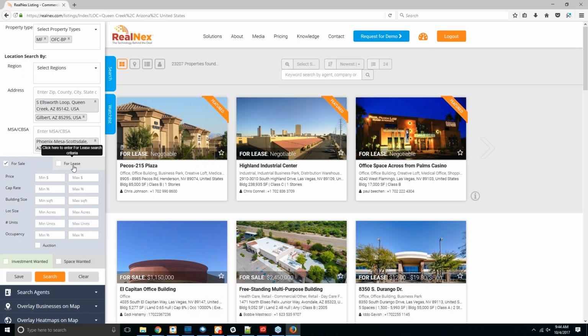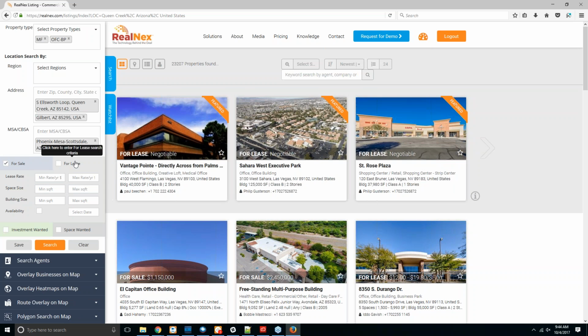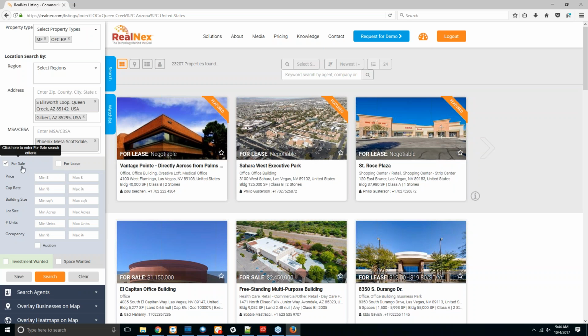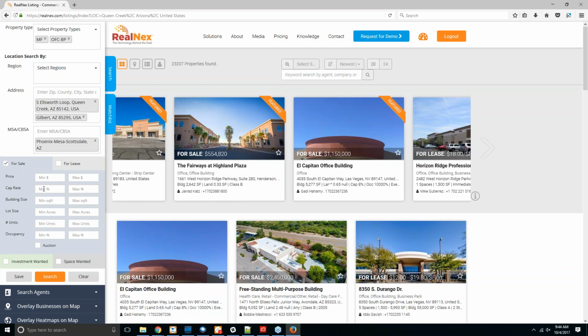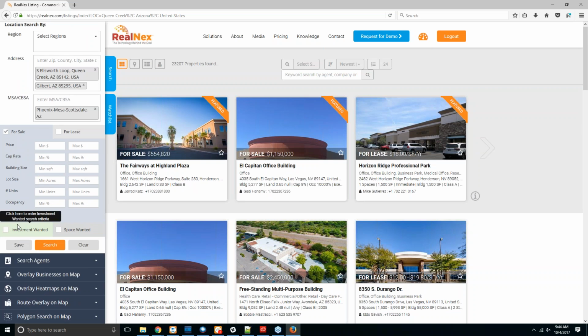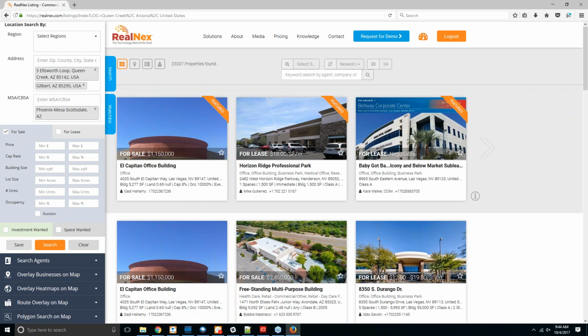And clicking on for sale or for lease will let you search on those types of criteria. So for lease is going to give you that type of information. For sale will be by price range, cap rate, and so on. You can also use this to search for investment wanted or space wanted, which is basically the opposite of a